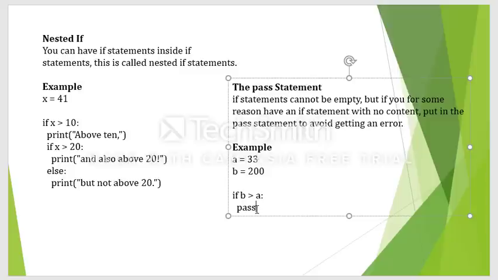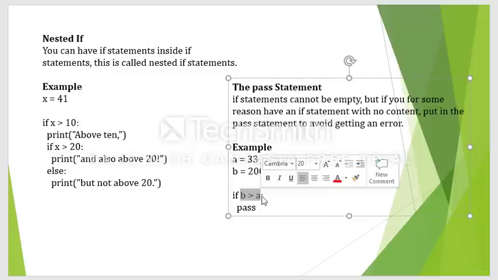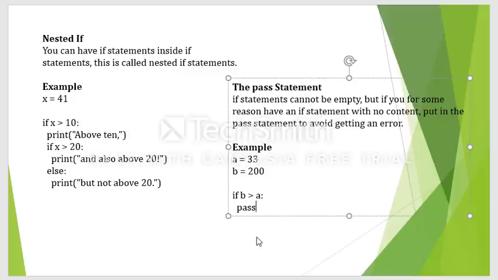If b greater than a, then pass, in the sense this condition is either true or false, we don't do anything, we just execute the next lines of code. Okay, which is called a pass statement. So if you have any requirement of checking any condition and don't want to perform any action there, then you need to write this pass statement.